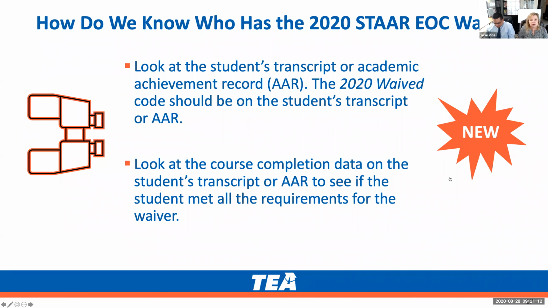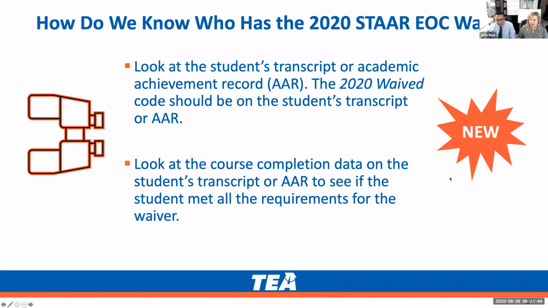If you're not sure which students have received the waiver, especially if they're new students coming into your district, you should be looking at their transcript or academic achievement record. The previous district should have put the 2020 waived code in there. But if you get students who don't have that 2020 waiver code, but you look at their course completion data and you see that they did meet that criteria, then you can go ahead and add the 2020 waived code